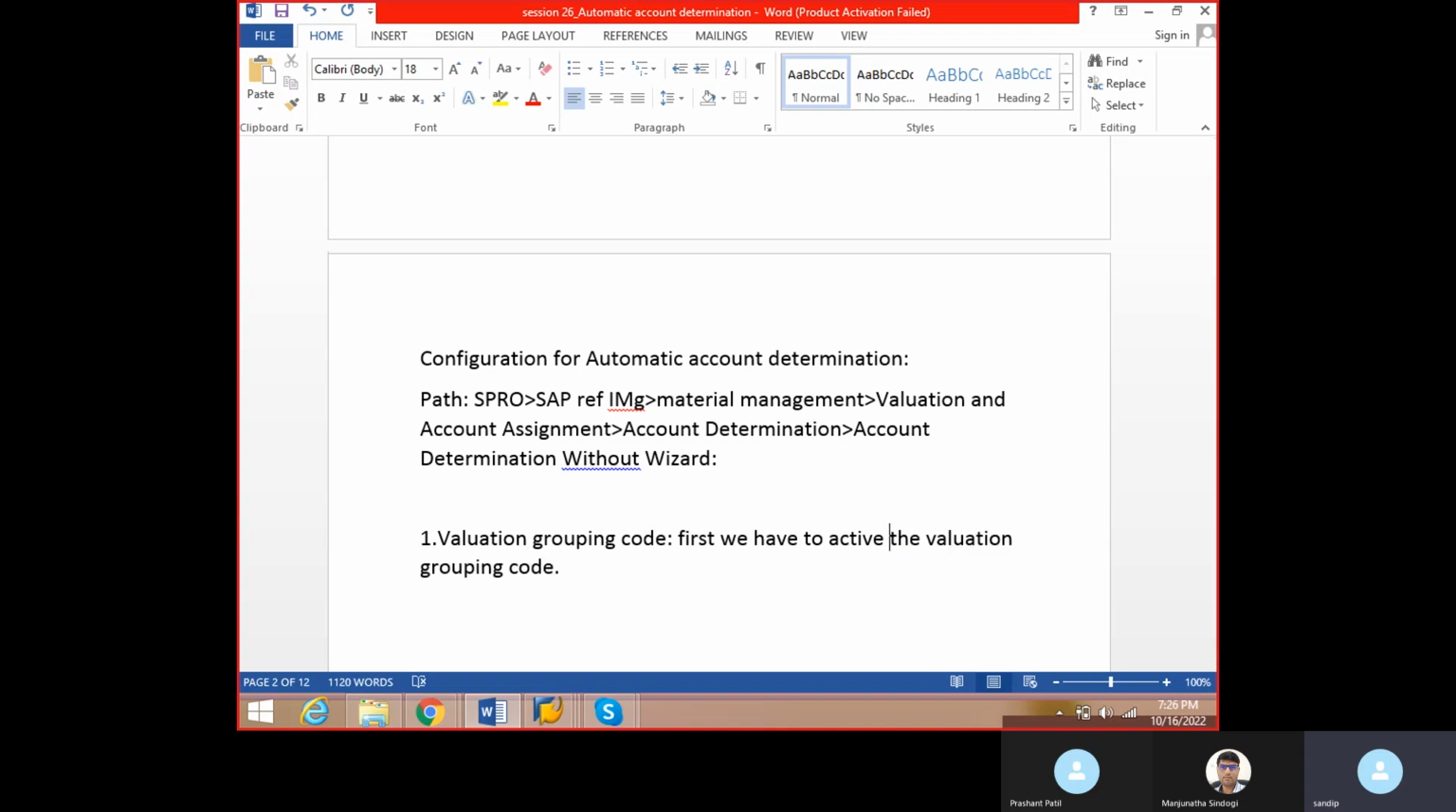And what is the use of the valuation grouping code? That I will explain to you. Basically, this valuation grouping code will be used to group the valuation areas, and your valuation area is nothing but